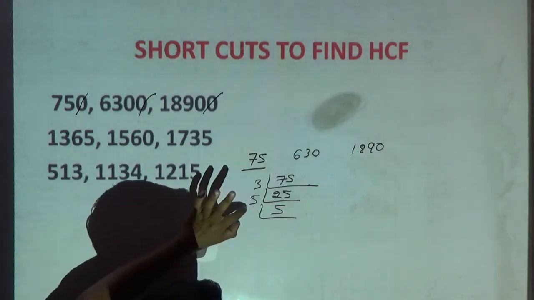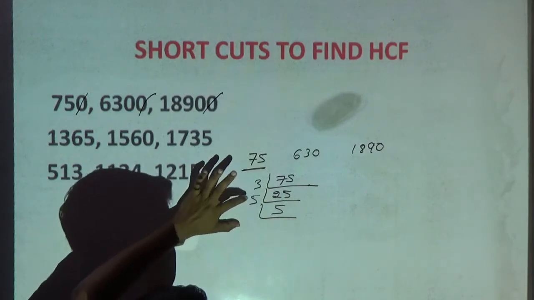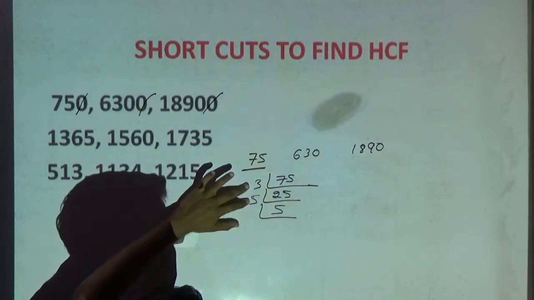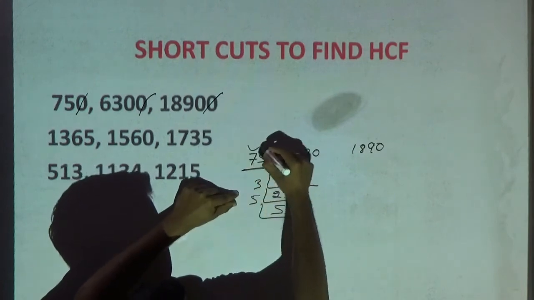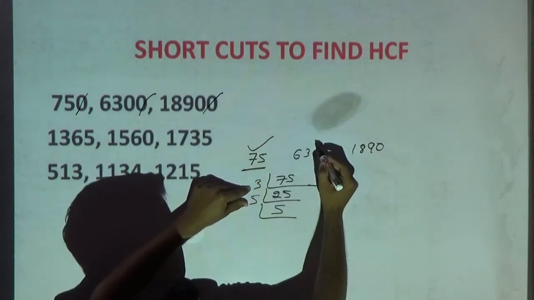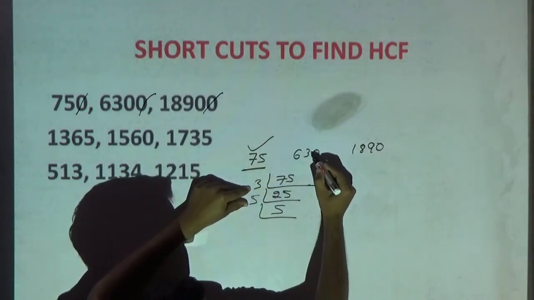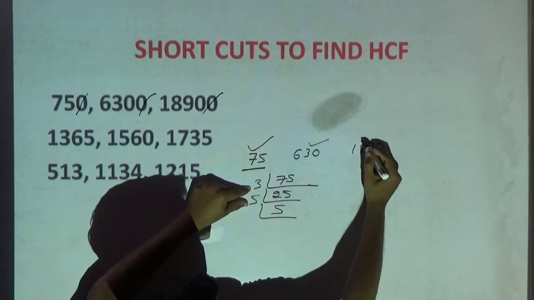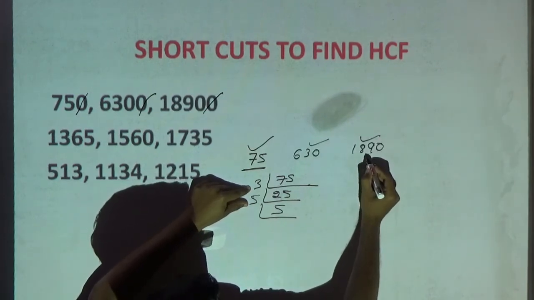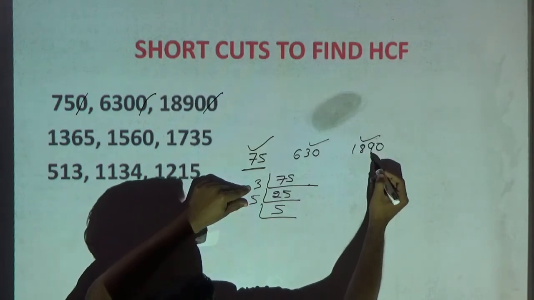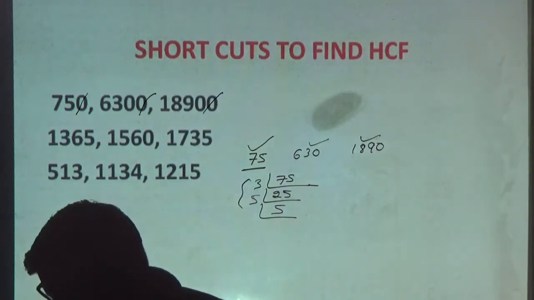From 25 you cannot divide. From 15, 5 threes is not 15. Check whether you can divide from 15. Yes, I can divide this number by 15 here. 15 four times is 60, 3 left. 15 one time is 15, 3 left. 15 two times is 30, 0 left. Yes, I can divide. The HCF of these three numbers is 15.